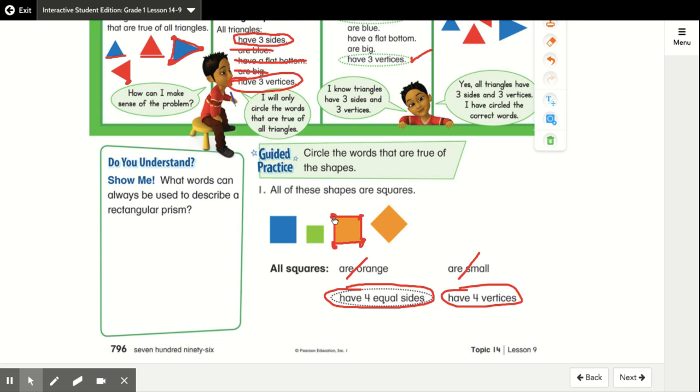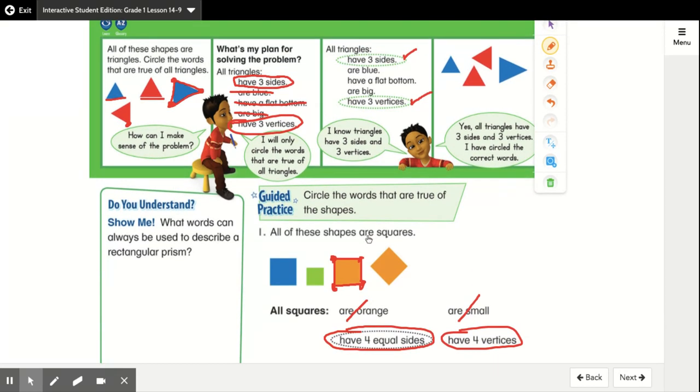All right, so remember first grade, when we are defining a shape, whether it's a triangle, a square, a circle, we have to look at the attributes, okay? And that would be the sides, the vertices. Never take a look at the color to tell me what kind of shape it is. We don't look at the size of a shape and define it by the size. And we don't look at the position of the way the shape is, because sometimes